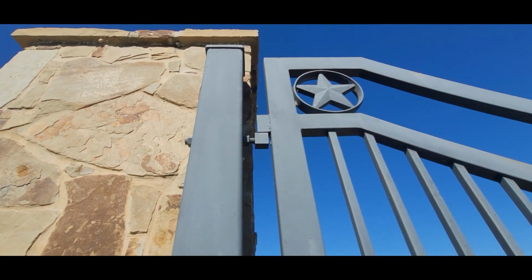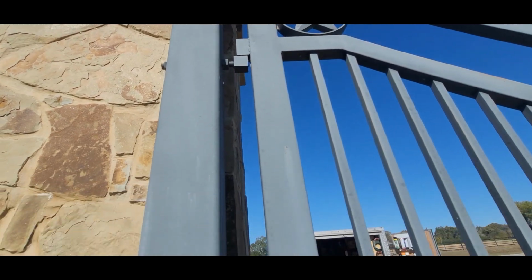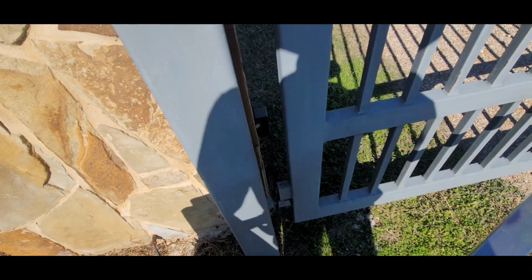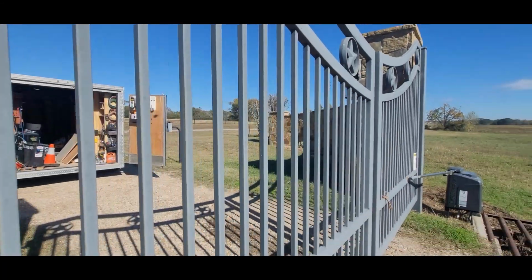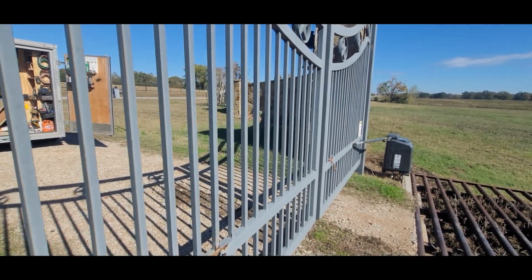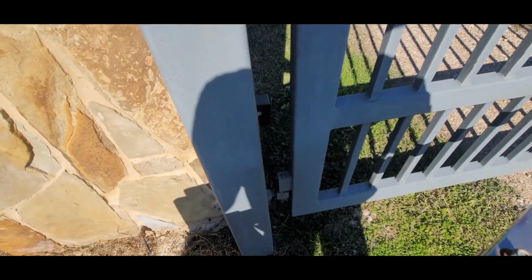Anyway, there's the other hinge up there. It's installed correctly. You don't really care about people lifting the gate off the hinges anymore. They'll take a truck and drive right through the damn thing. So don't do yourself a...